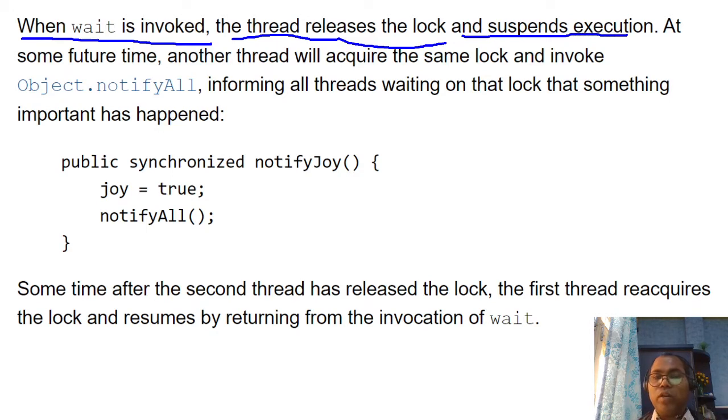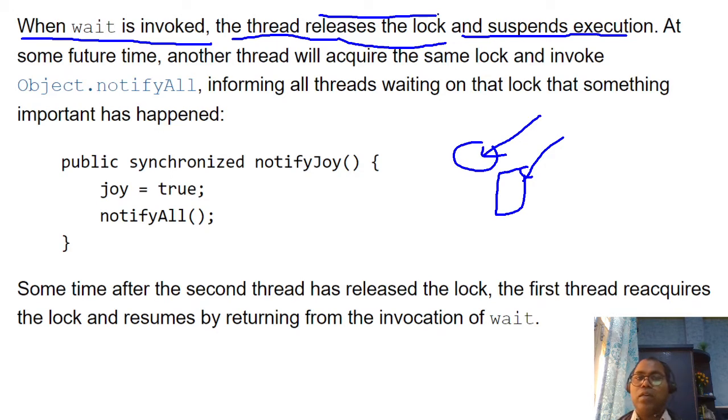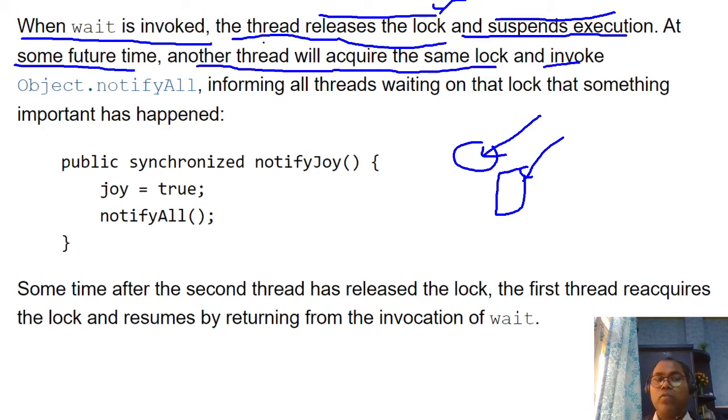Whatever locks it has acquired, it releases, and the current execution is also suspended. That is two things: releasing the lock, if the current thread holds some lock, and also suspending the current execution for some further time.